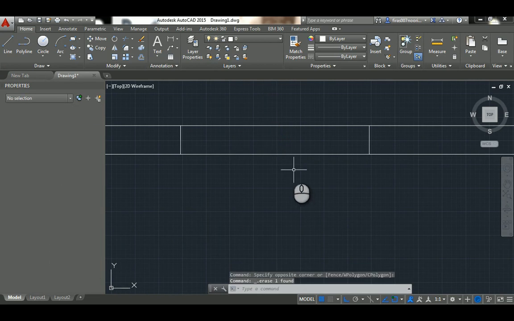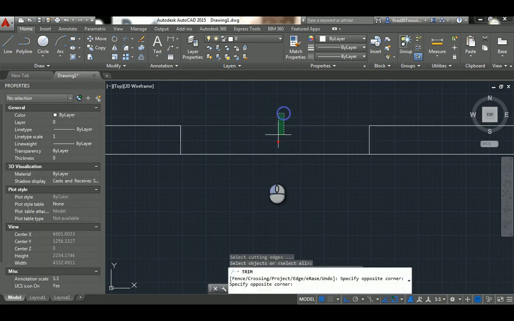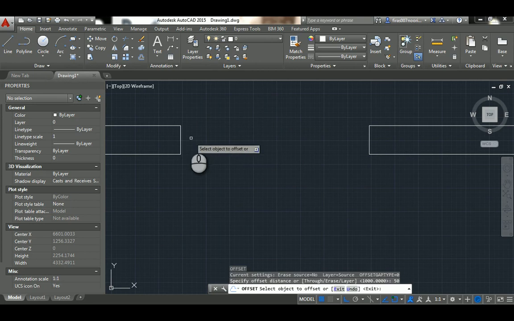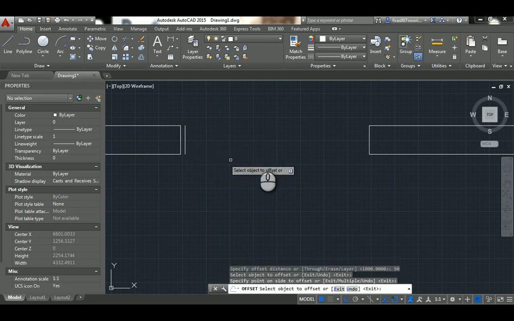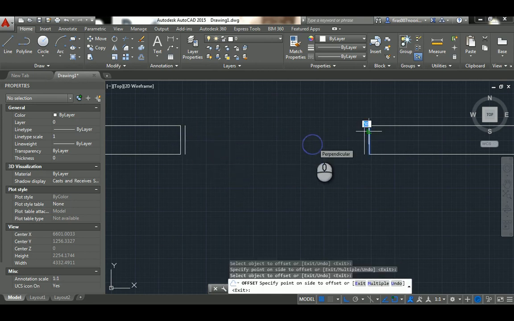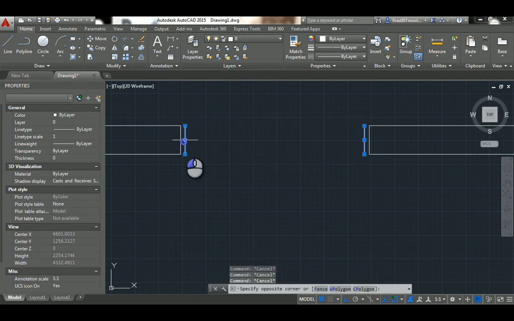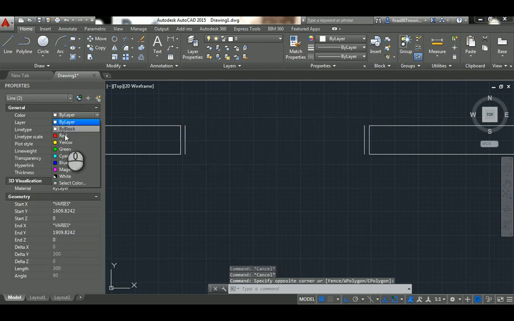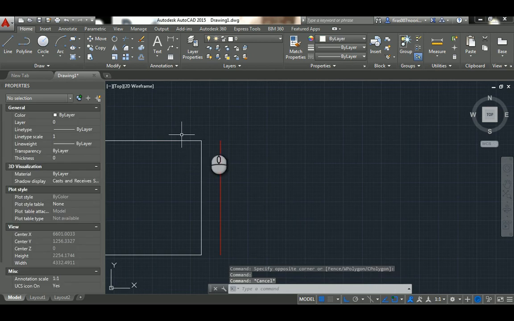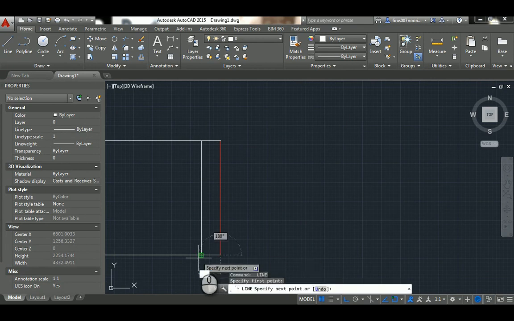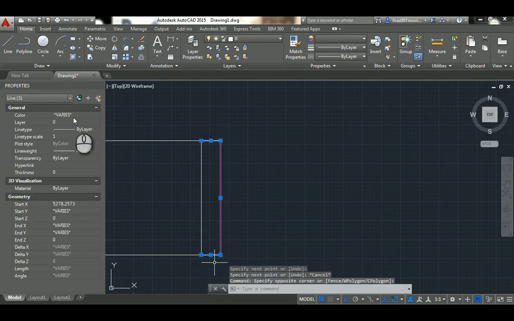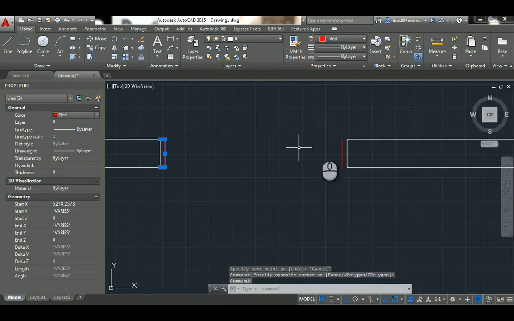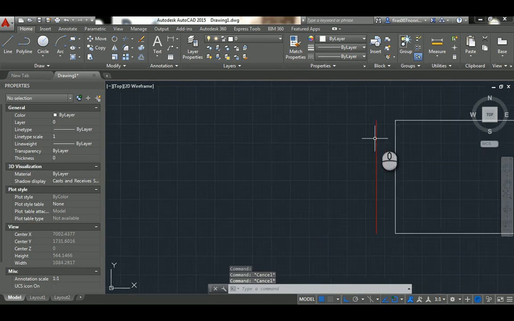Remove this one and TR space space, get rid of those two lines, and again offset 50 to the inside as such. Change the colors now, so you can easily distinguish them as the door frame, not an extension of the walls. Do not extend the wall lines toward the frame. It's incorrect actually. So take this and give them a red, and again here